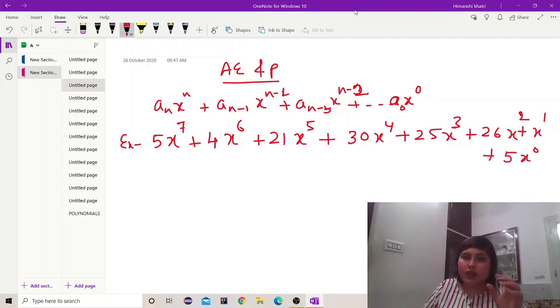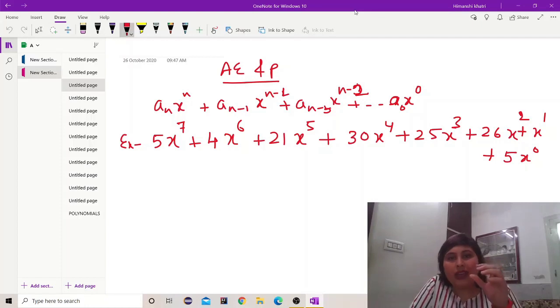Now suppose I have written the general form as well as the mathematical form also. I have written both the forms here. Now compare these two. 5 comes in place of a_n, x to the power 7 comes in place of x to the power n. Now so on, see here the power gets decreased continuously. So this is the way of writing an algebraic expression always, so that when our question comes in which we have to find the degree of polynomial,